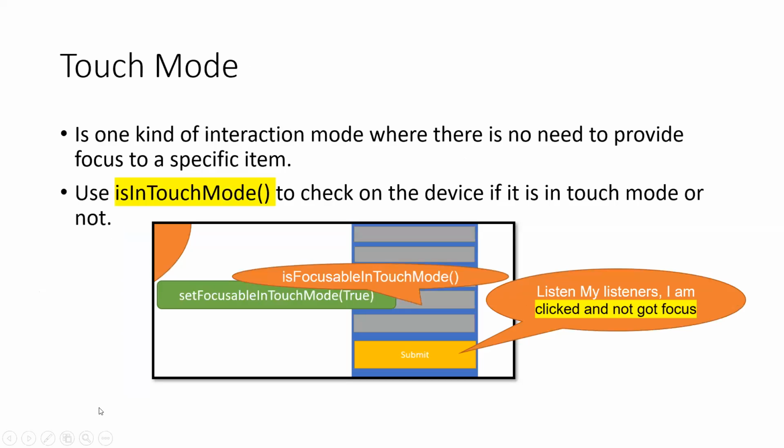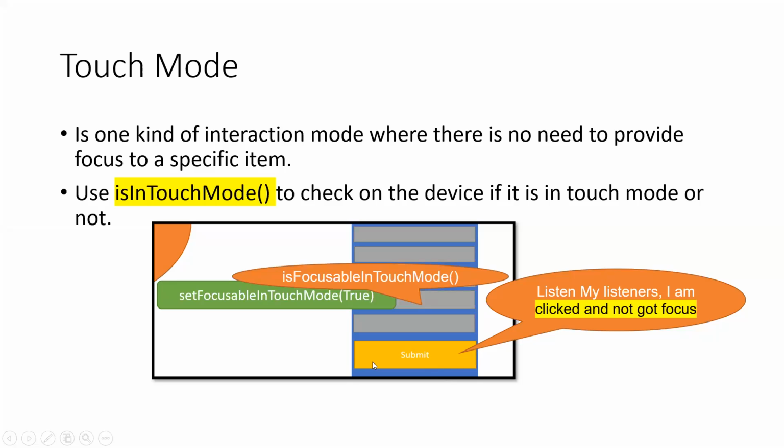I talked about touch mode as well. In a touch mode, what is going to happen? This button is not going to get a focus in a touch mode. So what is going to get a focus in touch mode? Only the other controls. Let's say you can touch this text box. Once you touch this text box, it will get highlighted and get focus, and a virtual keypad is going to appear on the screen, which allows you to type something into it. When you touch this submit button, it is not going to get